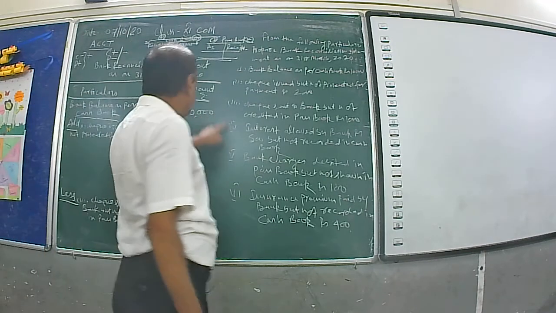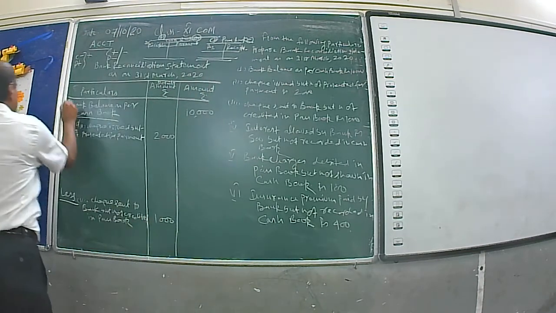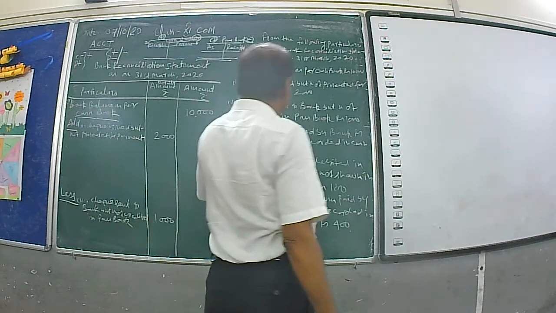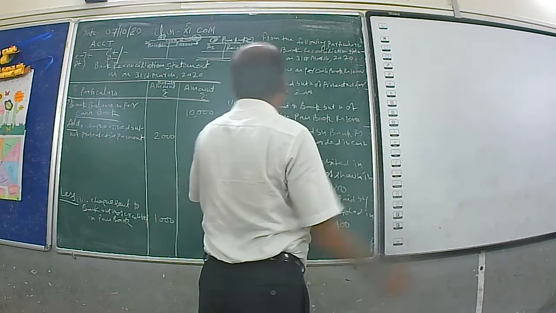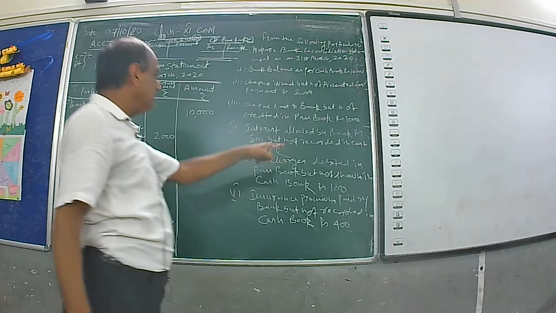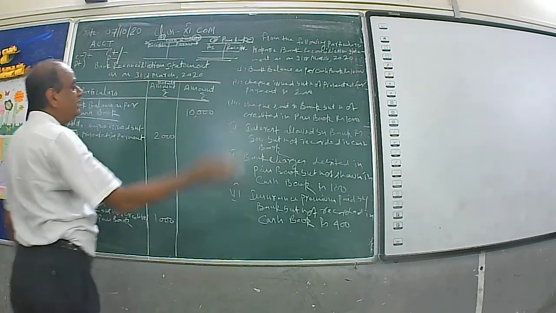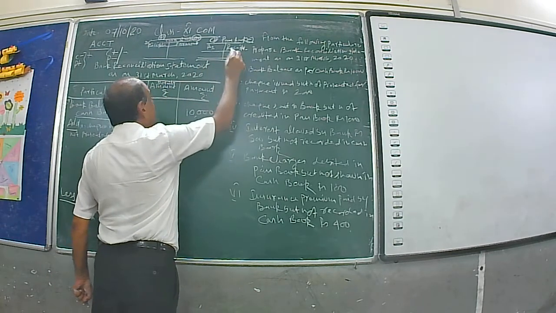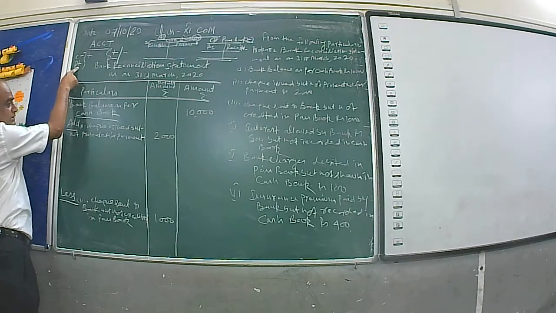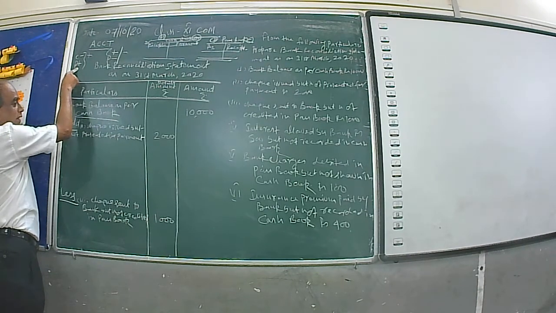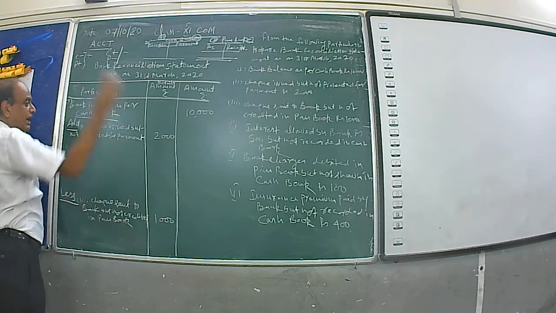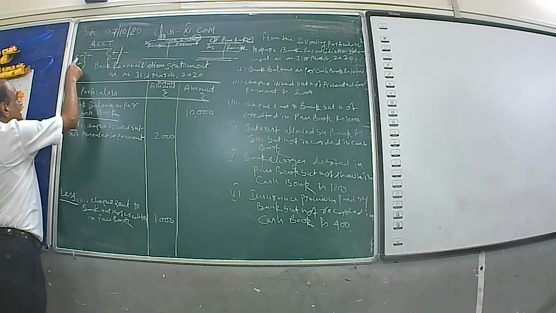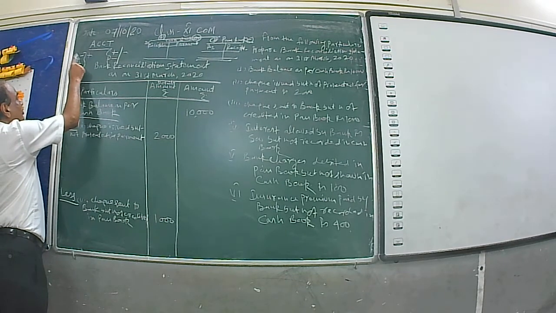Now see number 4. You see the first, number 1, number 2, number 3. See the number 4, interest allowed by bank rupees 500, but not recorded in cash book. When the interest will be allowed by bank, the bank will credit the passbook. It means the P is in a plus position, C is in a minus position. P means passbook, C means cash book. So when interest is allowed by bank, the bank balance of P will increase and it is not recorded in cash book, therefore it is in minus position.